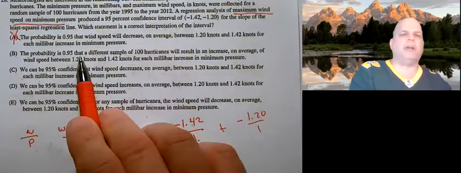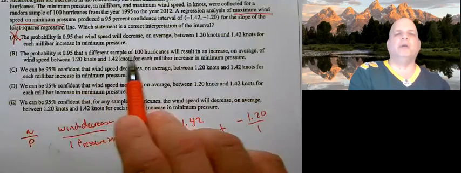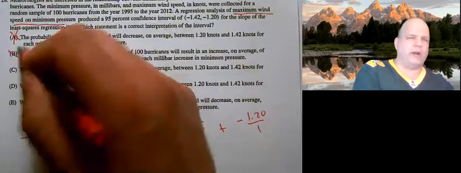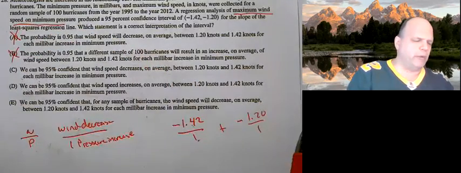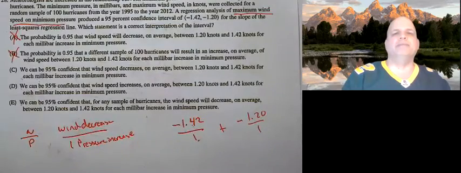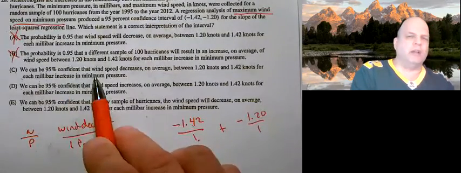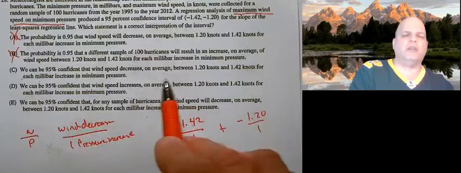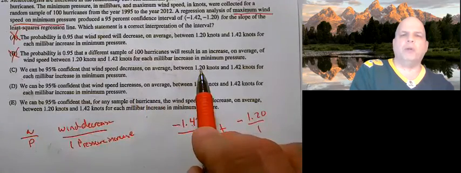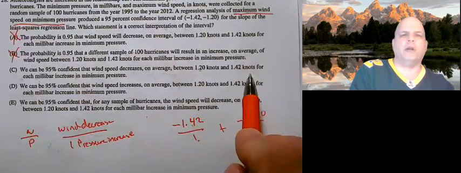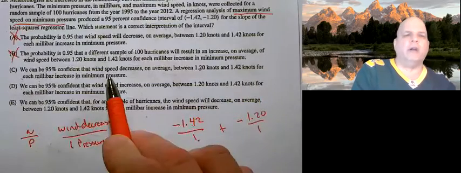The probability is 0.95 at a different sample, and I don't know where they came up with this idea of a different sample. And they also said probability again. We can be 95% confident that wind speed decreases on average between 1.2 and 1.42 knots for every